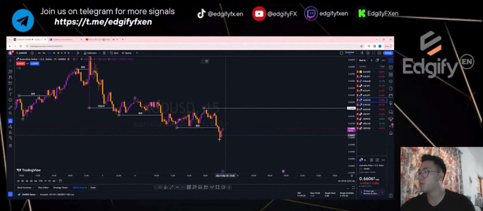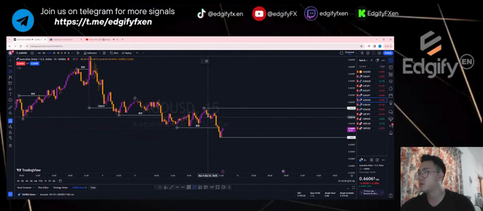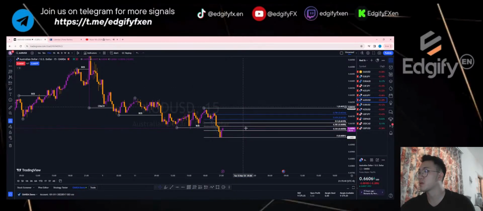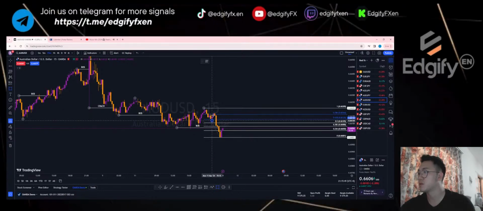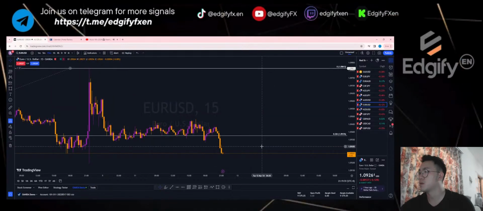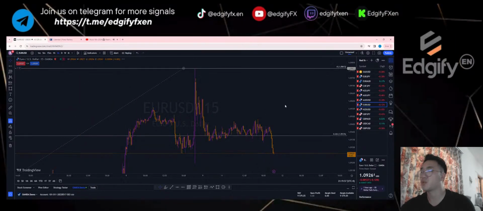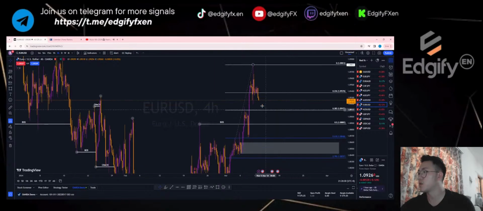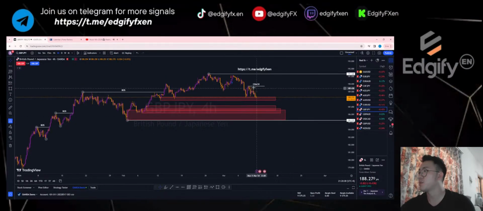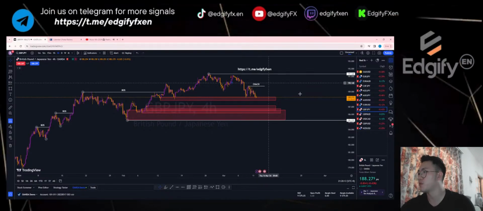As for AUD USD, I'm assuming that this is my low. So we have something like this. We are waiting for this 618 and 786 level to be triggered. Euro USD is basically based on my hour 4. It's still a long way to go. NZD USD, we are waiting for it to break. GBP JPY at this level, but when it reaches this level, we want to see a retrace back to the lower end before we take the buy.